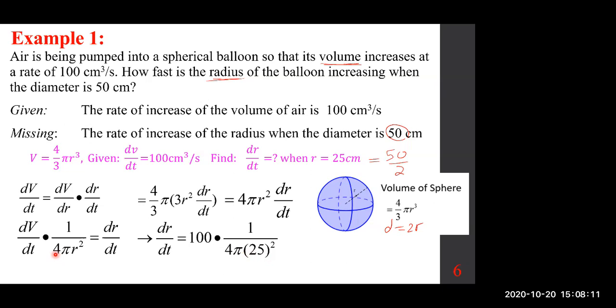If you were to write the units for this one, it is cubic centimeters per second, and for this one it is 25, and it's being squared, 25 squared, okay? Now you can simplify this and you get 1/25 pi, because 100 is the same as 4 times 25. You can simplify it. I hope you see the simplification. In other words, 100 will drop to 4 times 25. You get 1/25, and cubic centimeters per second